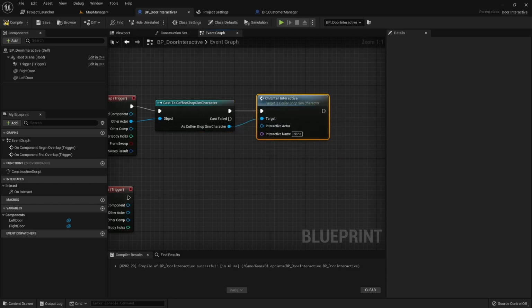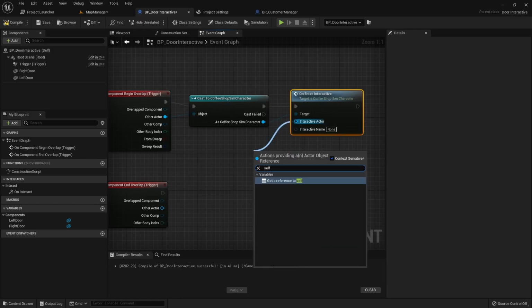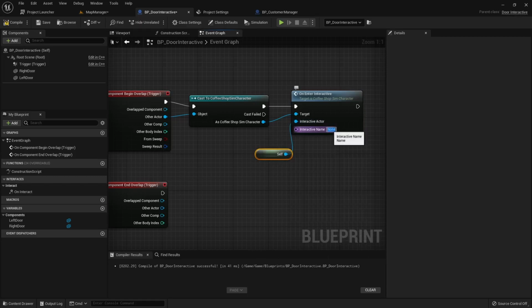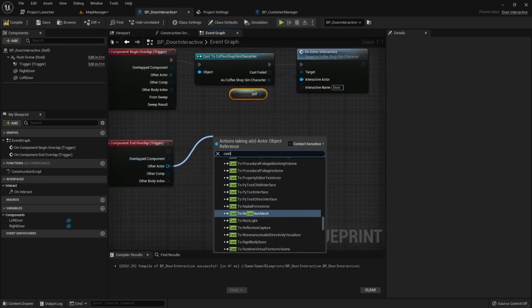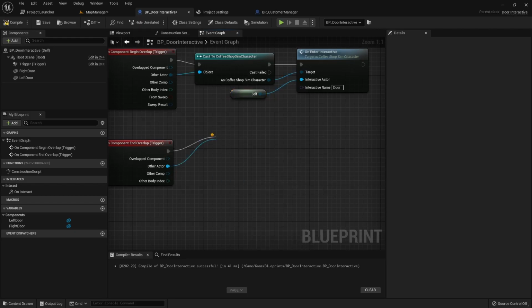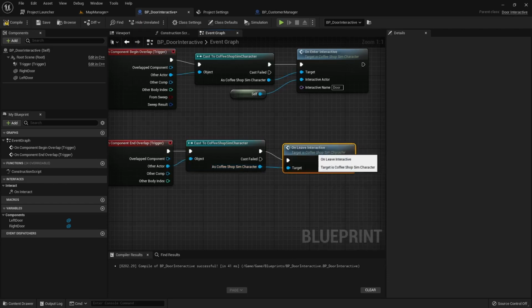And if you remember, this used to be in C++, so the player has a reference to this, and we can use the interactive, the onInteract method. If we don't do this, it won't work. So we can have a reference to self, and we can place here door or whatever you want. Okay, and same with this, cast to CoffeeShop character, and then we need to call on leave interactive, so it will release the